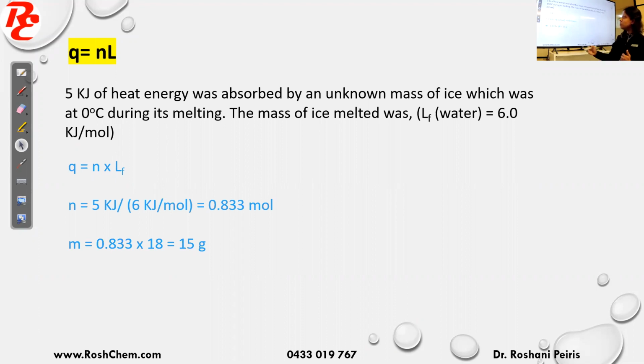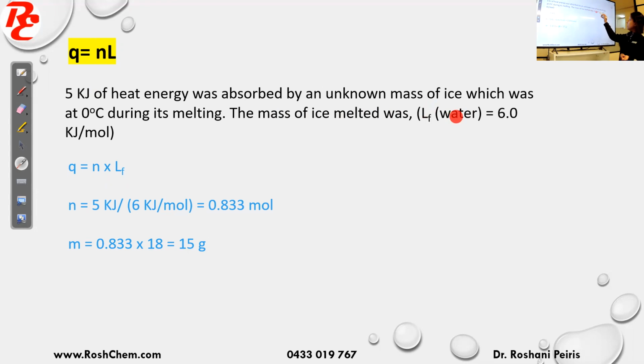Okay, now we look at this question here. 5 kilojoules of heat energy was absorbed by an unknown mass of ice, which was at 0 degrees during its melting. So ice is melting at 0 degrees. The amount of energy absorbed is 5 kilojoules. The mass of ice melted was, so we don't know what is the mass of ice melted,